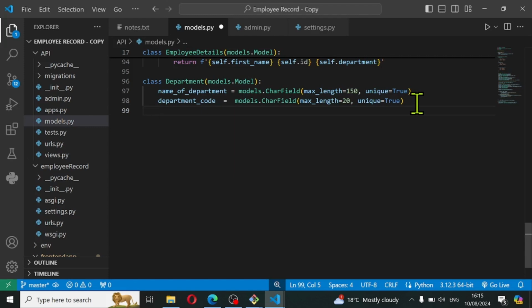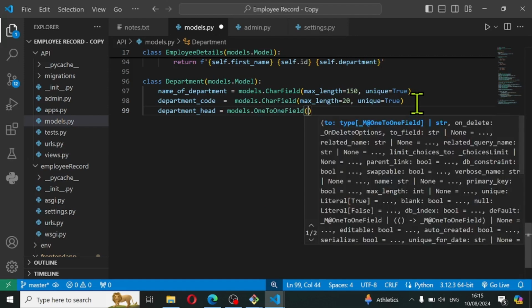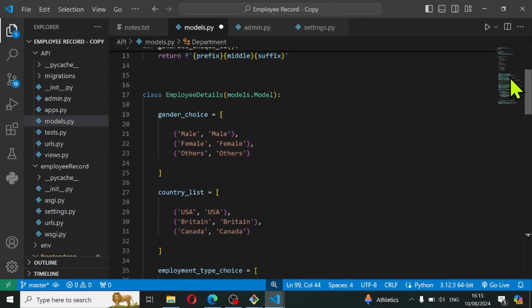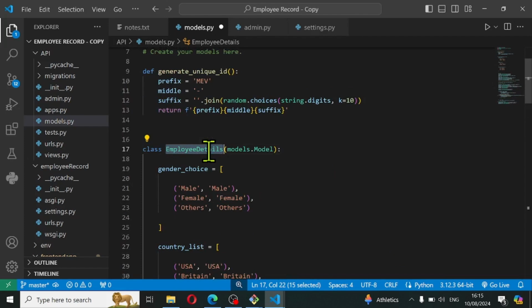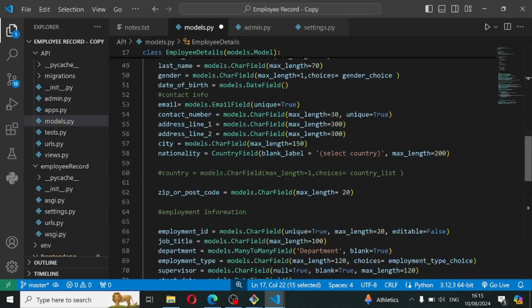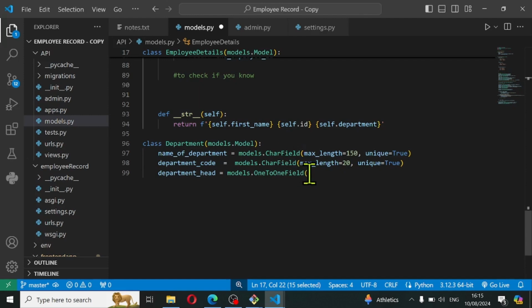I need department head. Who is the head of the department? Department head equals, should I make it, let me make it a one-to-one field. So I'm gonna say models.OneToOneField. Which table is it gonna pick the record from? It's gonna pick, let it come here to this employment details table, and pick a user in there, because even if you're a supervisor or you're a department head, you are still an employee, and your record will be inside this table,